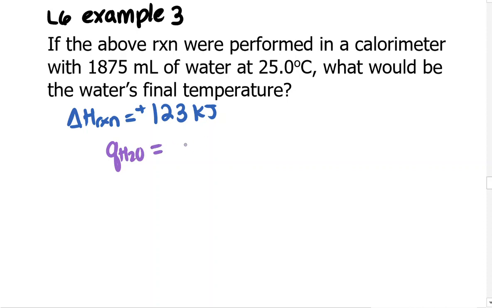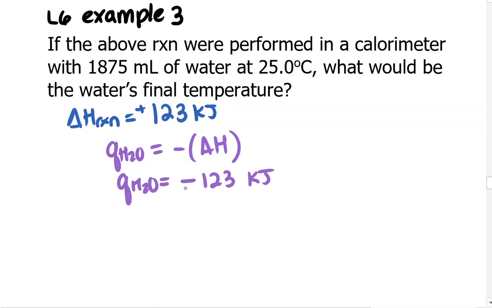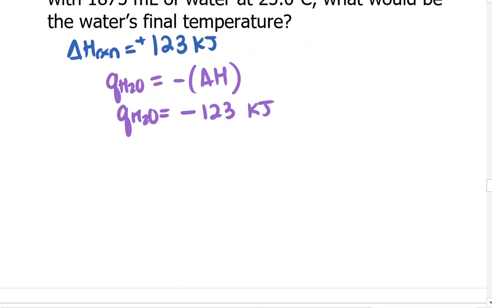then we know that to get the Q for the water, we're going to take that same number and change the sign. So in other words, negative 123 kilojoules is the Q for the water. That means that all of the energy being absorbed by the reaction is being given off by the water. Okay, and so then we might think of this equation to figure out, to relate that to the temperature change